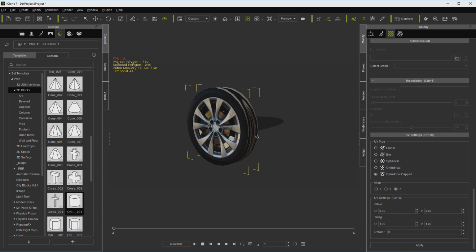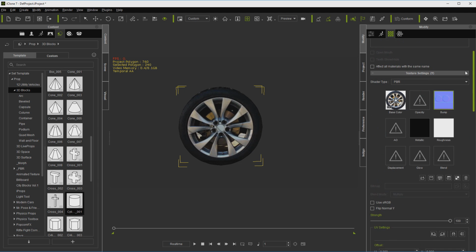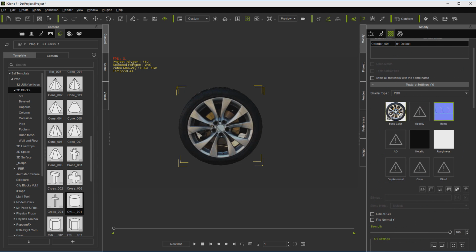Yeah, Z. But you notice when you do something like that, you get the same image all the way around. I would use planar and hit apply. And if you want to get rid of those stripes, that's actually the white corners that were on the image. So you could go into something like Photoshop and just knock that white out of there. But anyway, this will give us some reference.